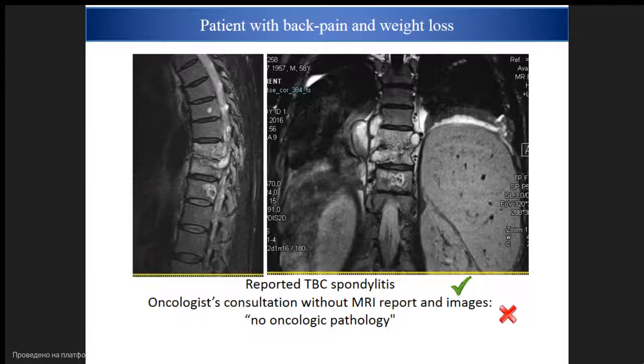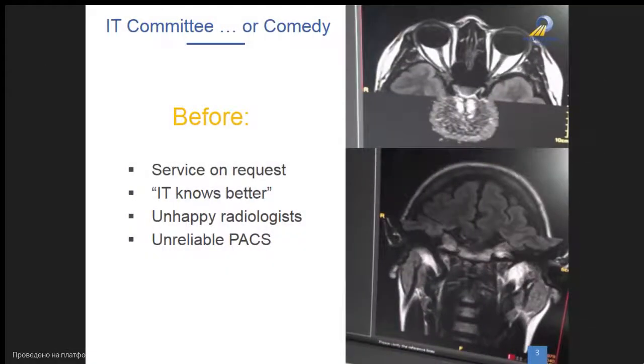So the images are very important, and if they were available through the PACS, through the RIS, at the time of the clinician's consultation, the fate of the patient would have been completely different. The patient has finally died in just several months without proper diagnosis. The communication of radiology results with clinicians is pivotal, and the information systems are very important to facilitate this cooperation.